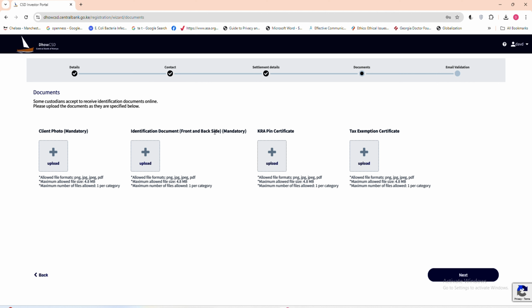So, you are required to upload just one file, a maximum of one file per this category. So you must combine both sides of your ID in one file, and the best way to do it is to copy and paste the front and the back side of your ID onto a Word document. Then you can